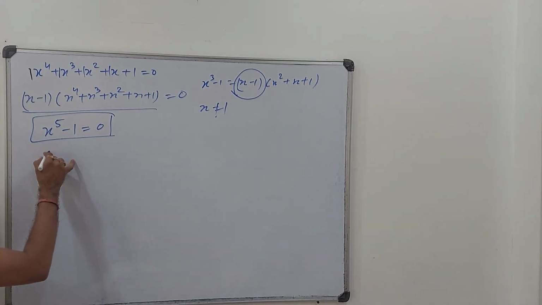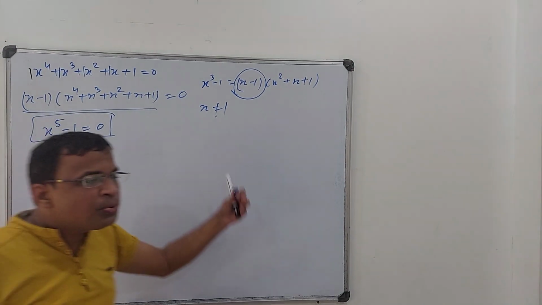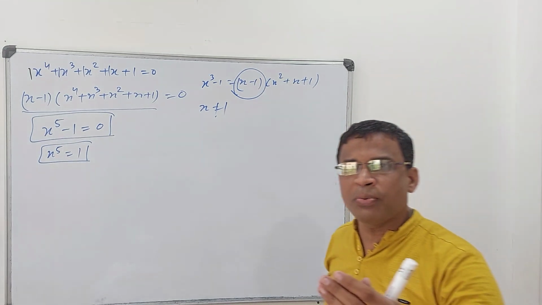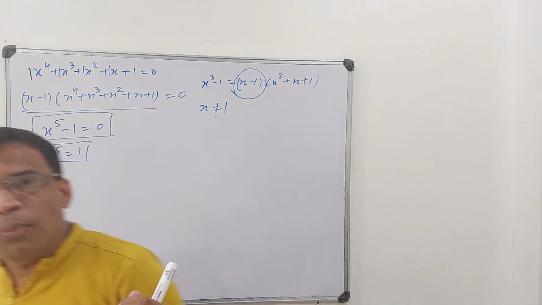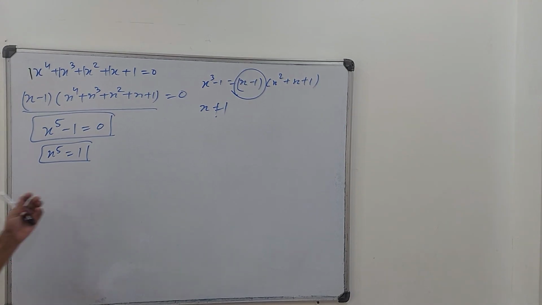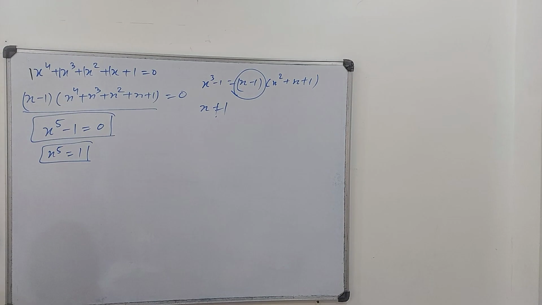And when you are talking about this relation, it will be a fifth root of unity. It's like a fifth root of unity. Cube root of unity concept you will learn in complex numbers. It is something called the fifth root of unity. A little part of complex numbers I am going to take here. So it's a fifth root of unity.